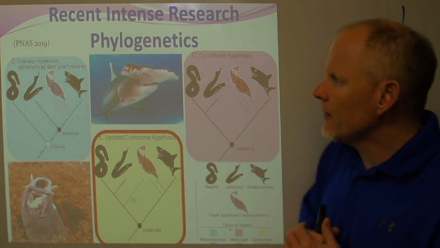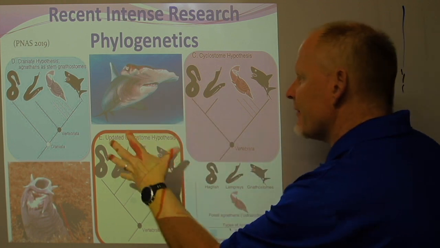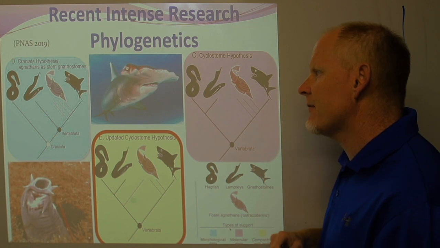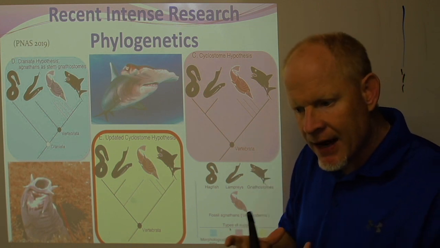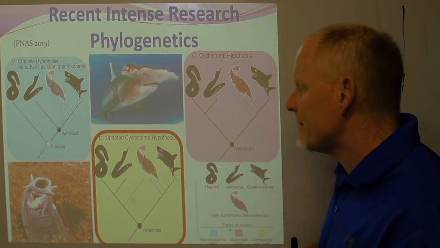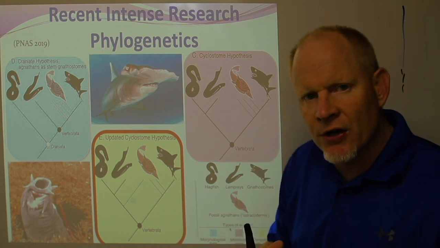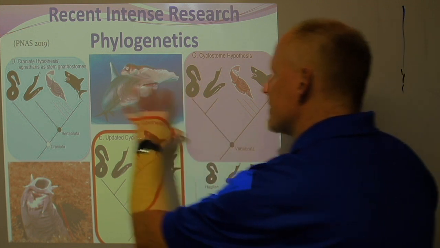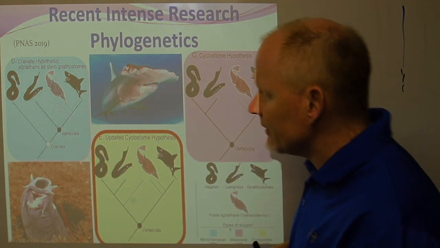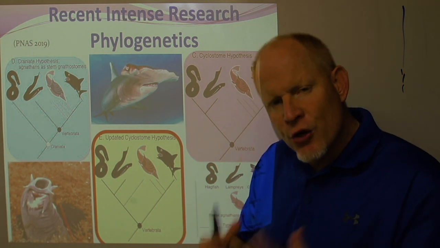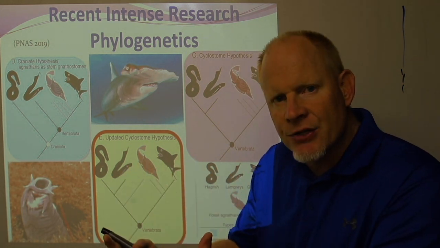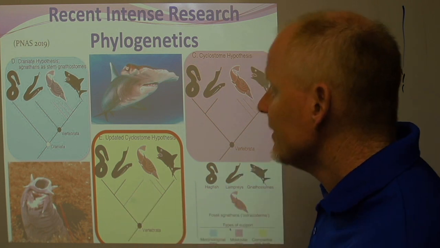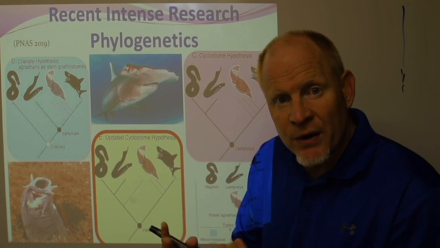All right, so here we have a figure out of a recent paper. I mentioned this before. This is out of a very nice journal called Proceedings of the National Academy of Sciences. It's a highly thought of journal. It's peer reviewed. It's really hard to publish in. And what this shows is one of the figures out of the textbook. This particular group of authors were using the newest molecular data, the morphological data that's been used in the past, and then some new fossil data where they use morphology to form a phylogenetic inference, if you will, to